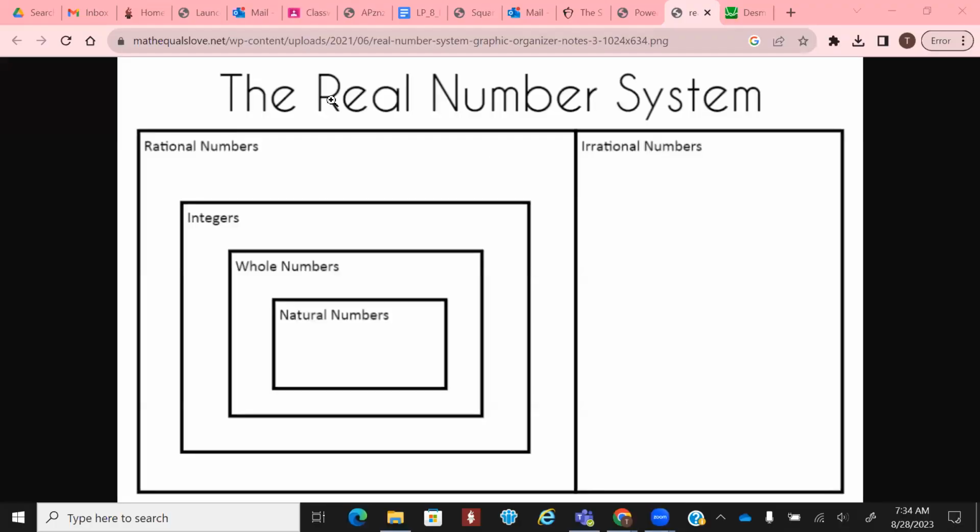So we're going to talk about the real number system. Back in elementary school, your teachers started talking about the natural numbers. Then they moved to whole numbers. Then in middle school, you started talking about integers. And now you're starting to talk about rational and irrational numbers. Natural numbers are going to be like 1, 2, 3, 4, etc. Your whole numbers